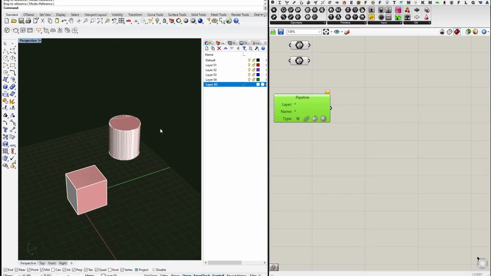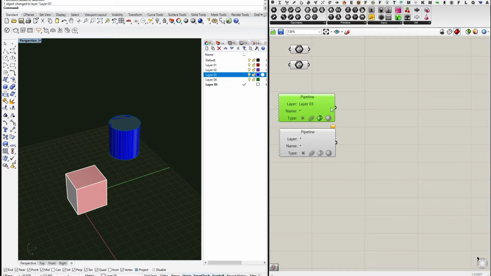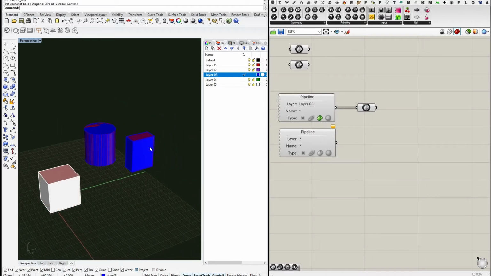And the advantage is that if, for instance, we have our cylinder on layer 3 and our cube we keep on layer 5, then through typing in the names here and the geometry, we will have automatically saved the geometry live from Rhino to Grasshopper. So whenever we model now in layer 3, for instance another cube, we will have this geometry automatically loaded